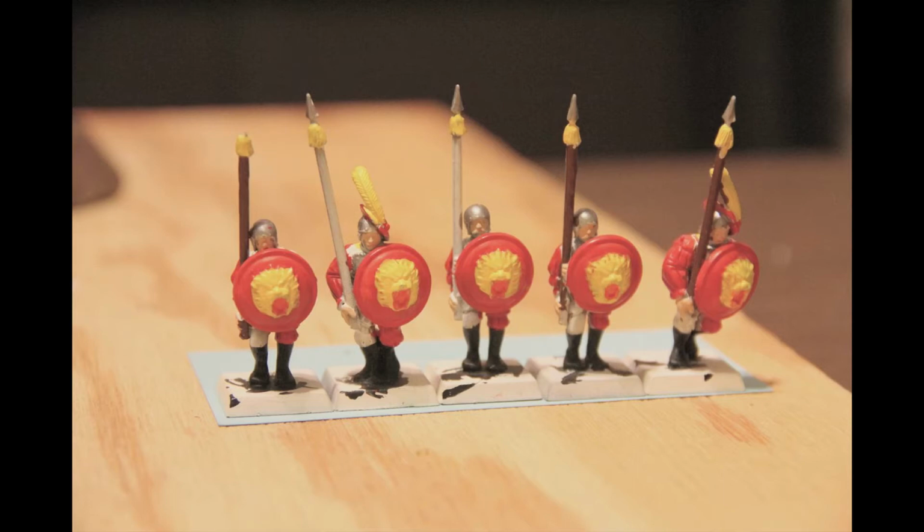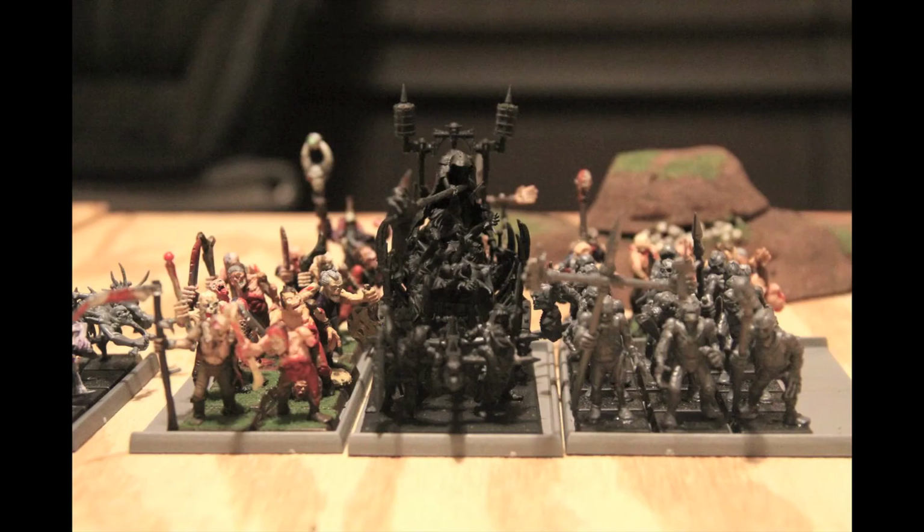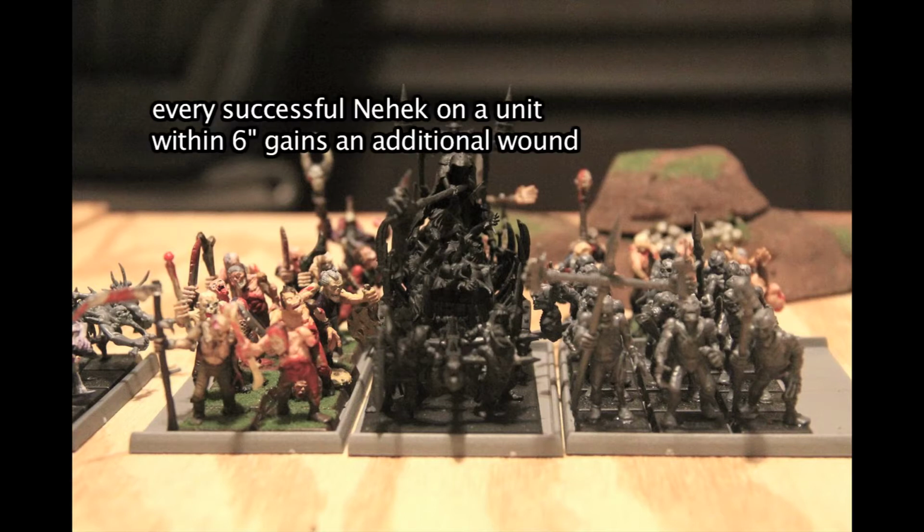Here we have 5 Dire Wolves, proxied with Empire Spearmen. Next is 30 Zombies with the Corpse Cart and a Necromancer riding the Corpse Cart. Corpse Cart is carrying the Unholy Lodestone, which has a range of 6 inches, and anytime Invocation of Nehek is successfully cast on a unit within the Unholy Lodestone's range, I get to add 1 extra model for each Invocation